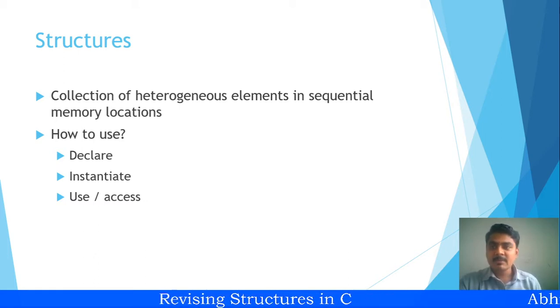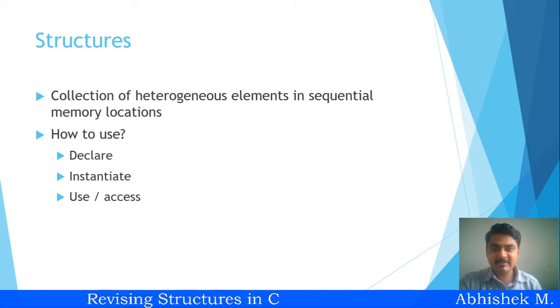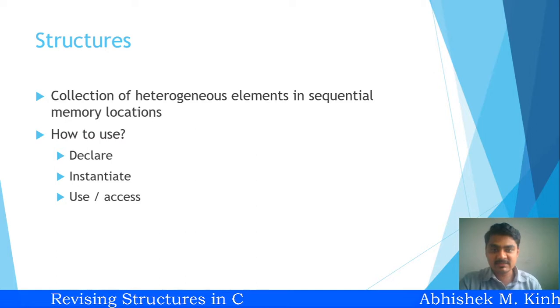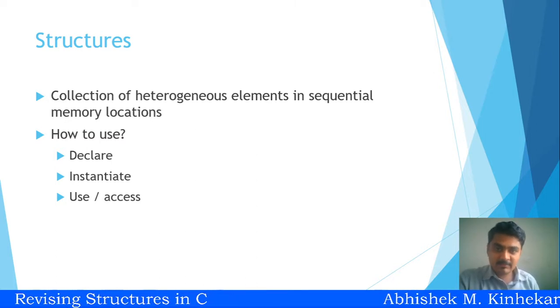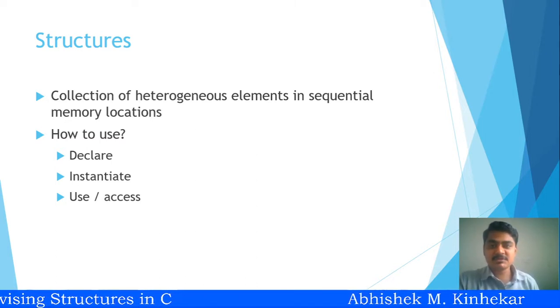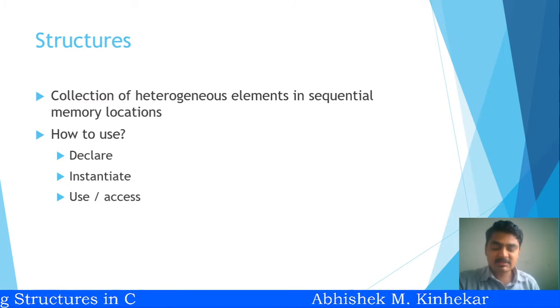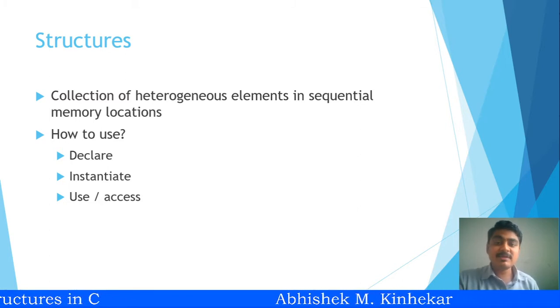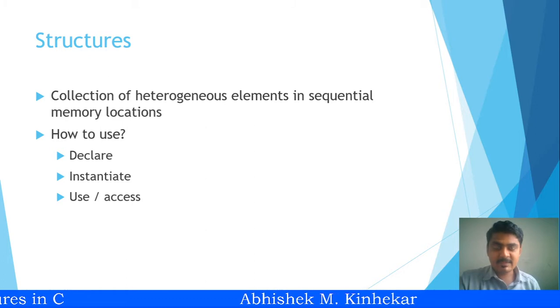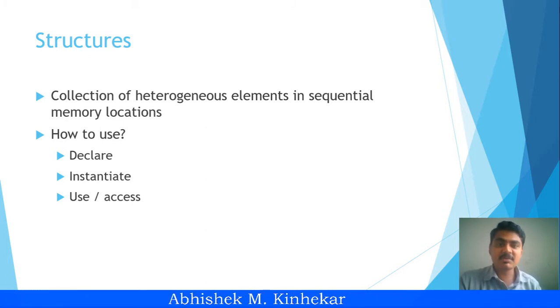That means let us say n elements are present in an array, then all n elements are located one after the other sequentially in memory. Likewise, a structure is also a collection, but a structure is a collection of different data type elements. That means in a structure you can have an integer variable as well as a floating point variable as well as a string as well as a pointer as well as a different array also. So all these things come under heterogeneous collection.